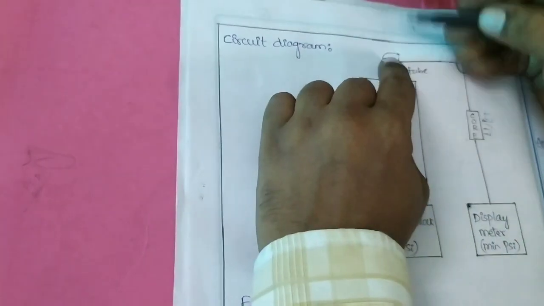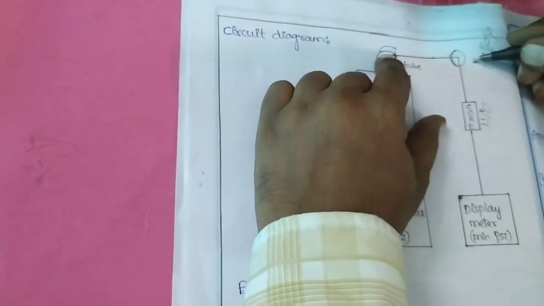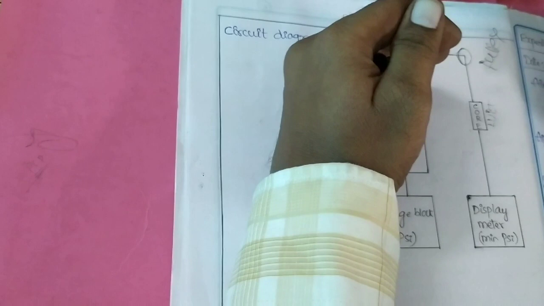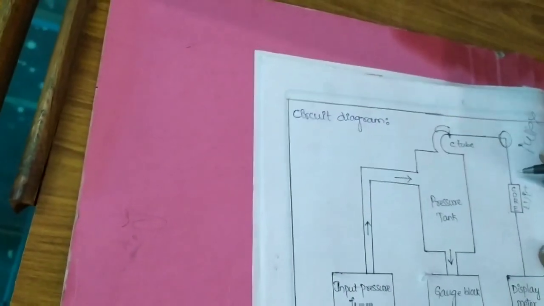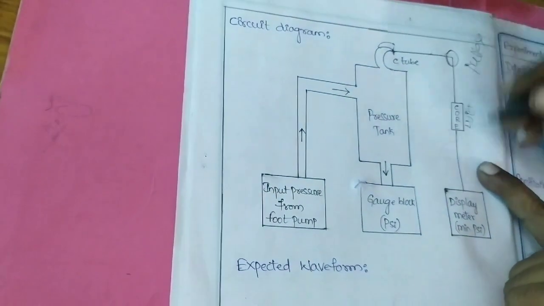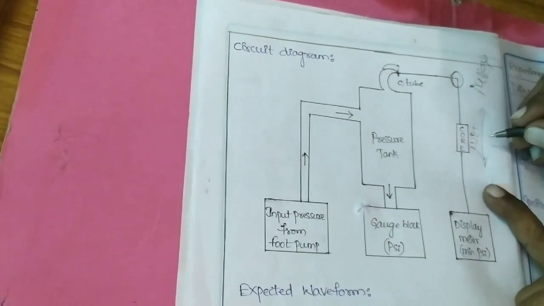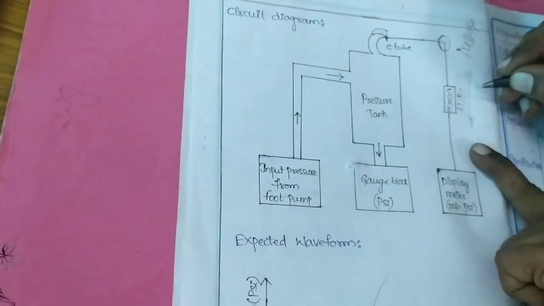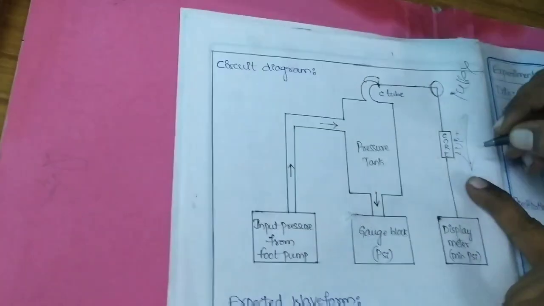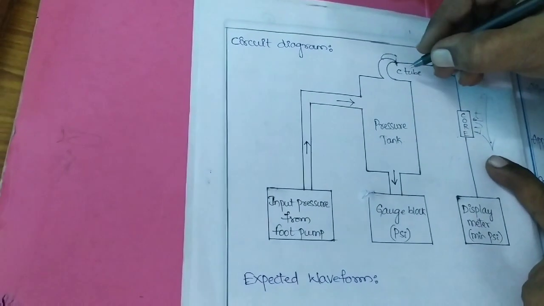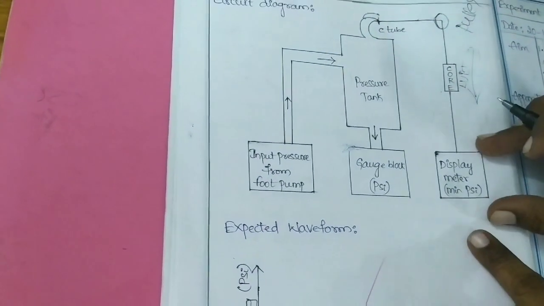Because of this movement, and since it is connected to the pulley, based on the pressure the C tube end moves in the upward direction and the forward direction. Because of that, the LVDT moves in the forward and also the backward direction. This is because the LVDT is nothing but a linear variable differential transducer. This LVDT converts that pressure into displacement, and you can see that displacement in the display meter.